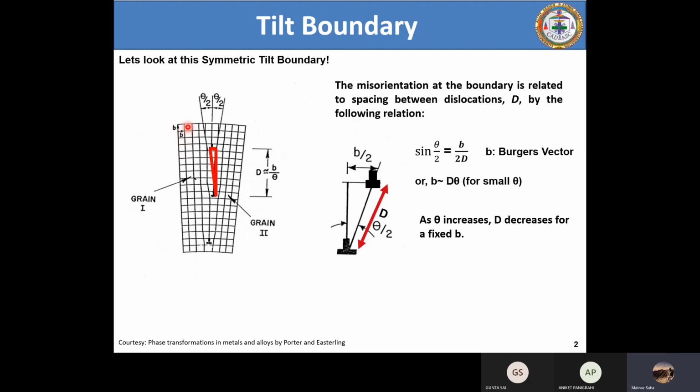Here there is no dislocation, but if there is a dislocation, then B is nothing but the Burgers vector of any dislocation in the bulk of the grain, which in this model they have considered equal to the lattice translational vector, or the interatomic spacing. This is one of the worst assumptions that someone can make. But to start with tilt and twist boundaries, this is the starting point, the beginning point. There have been a number of rebuttals and contradictions, and people have written a number of reports criticizing this kind of assumption. But this assumption still stands as the best, although it was proposed around 50-60 years ago.